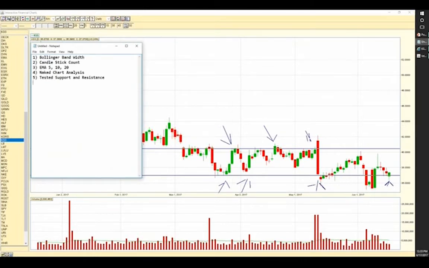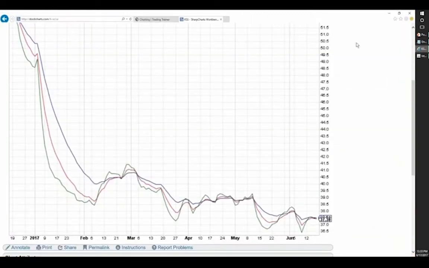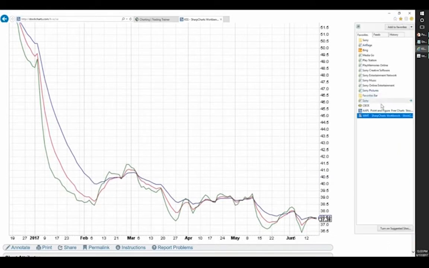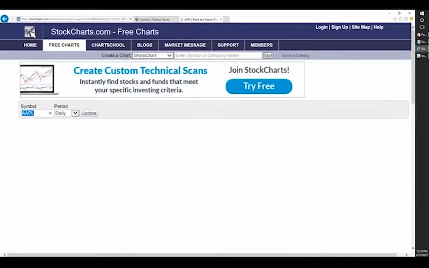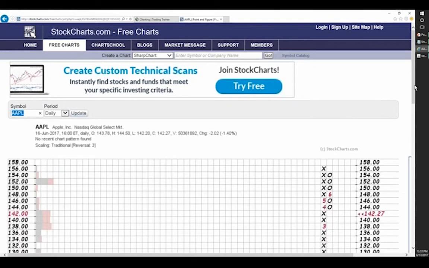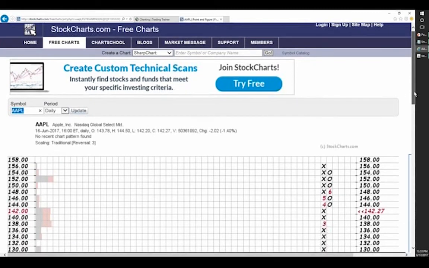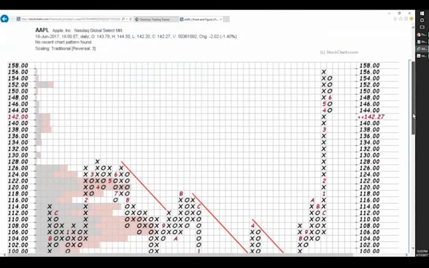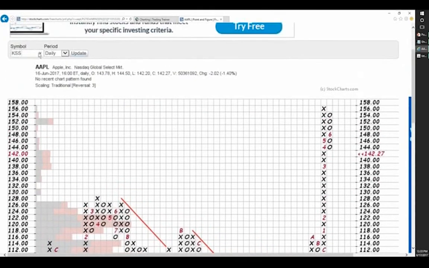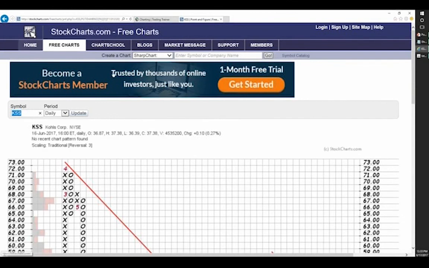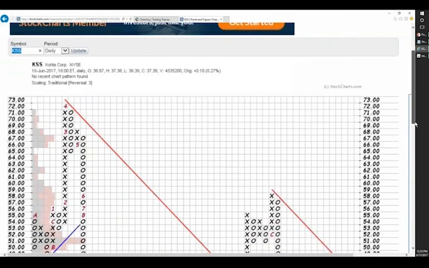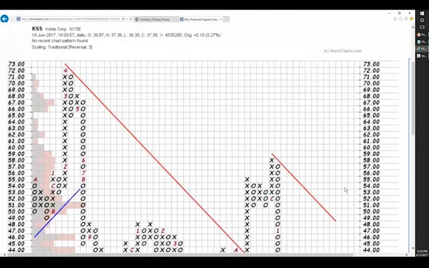Test number 6. I like to bring us over to the point and figure charts. So again, I can do that over at the free tools at stockcharts.com. They have a point and figure piece. And again, there's a whole bunch of other charting things out there, both free and part of your brokers and even for pay. But I like stockcharts because it's just quick and easy. And again, I don't get anything from them. They've just been around since hammer was a hatchet. So when you take a look at Kohl's,